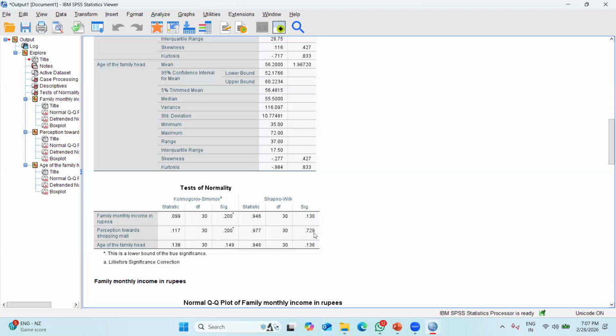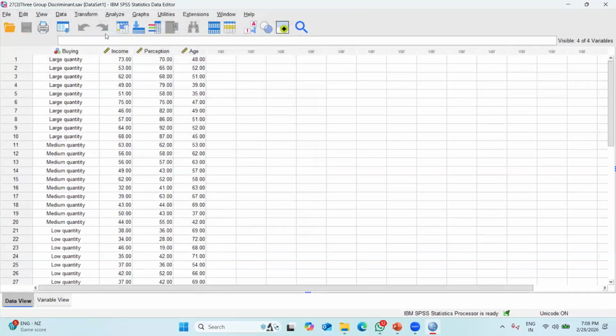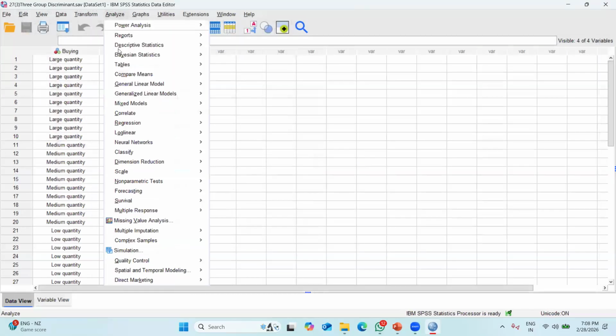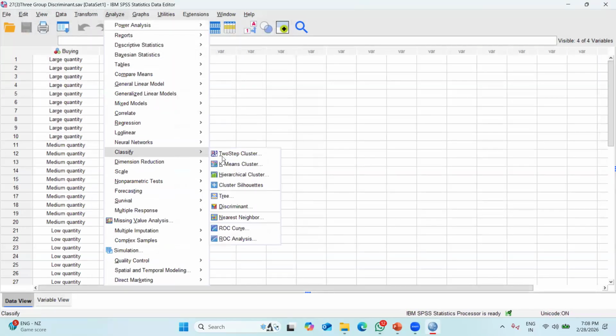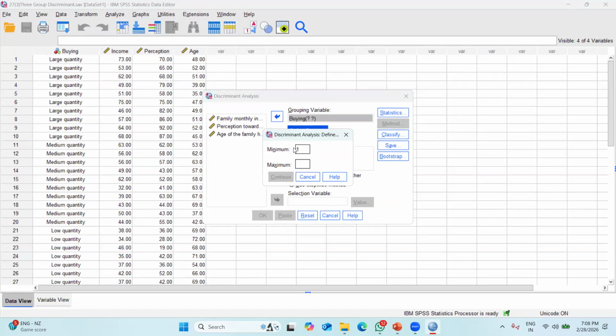You can see here all the variables are normally distributed because the p-values are greater than 0.05. So now we'll move ahead to the discriminant analysis. Just click on Analyze, then go to Classify, and there go for Discriminant Analysis. You have to put the grouping variable here and define the range. The minimum is 1 and the maximum is 3 because we are making 3 classes,